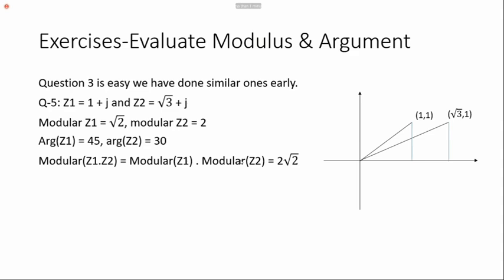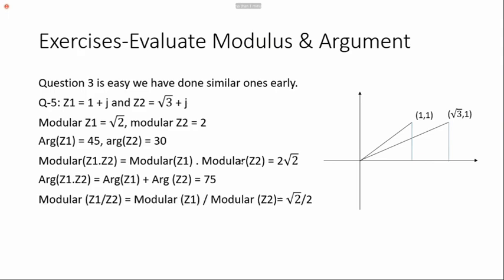See, the modulus of Z1 Z2 is 2 square root of 2. We can multiply now. The argument of Z1 Z2: add the arguments 30 and 45. That is 75. Therefore, the modulus of Z1 divided by Z2 equals 2 divided by square root of 2. For the argument, the difference: the argument of Z1 minus the argument of Z2. That's 15 degrees. This is the method. If you want to find Z1 Z2 and Z1 divided by Z2, use this formula every time.